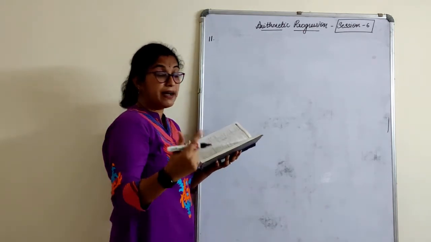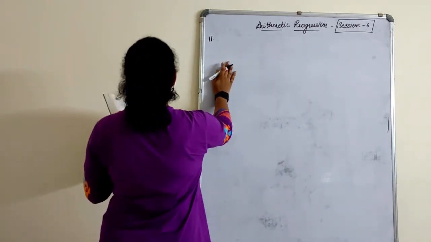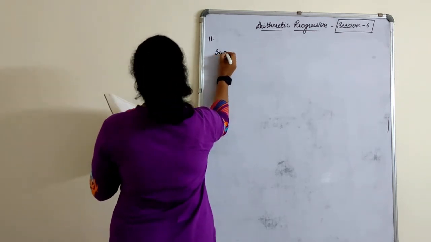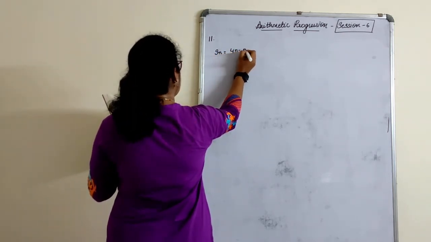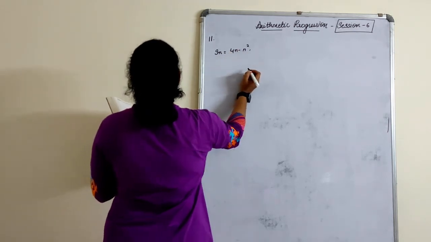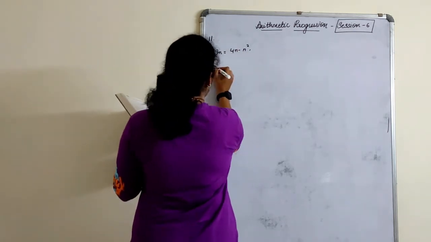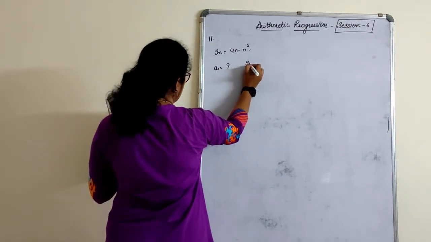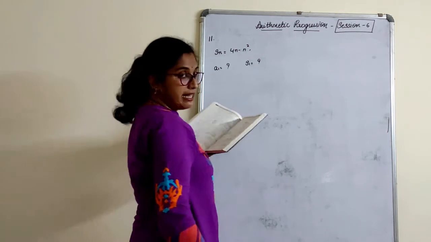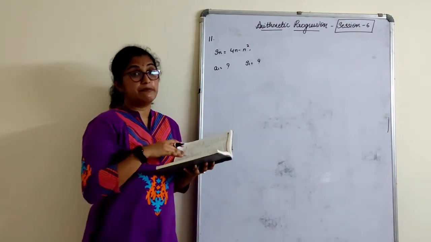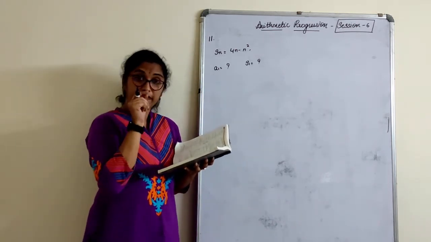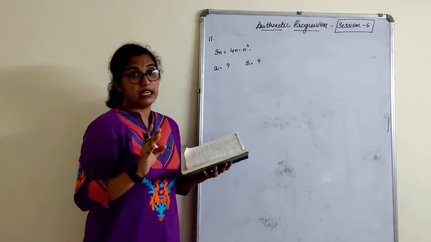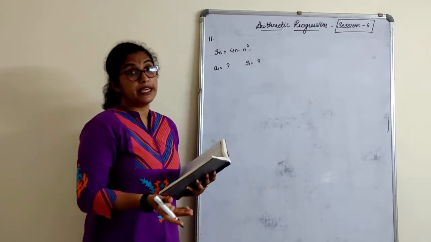Here they have given us a pattern of S_n. If the sum of the first n terms of an AP, that is Sn, is given as 4n minus n square, what is the first term? Actually they have asked us the first term, but in the bracket they are writing S1. It shouldn't be asked like that. If it is mentioned, we know. But in case it is only asked what is the first term, according to us the first term is A1. But A1 can also be S1.